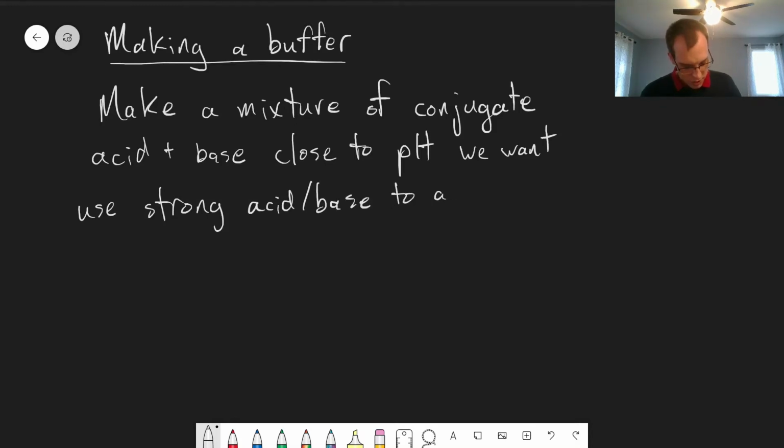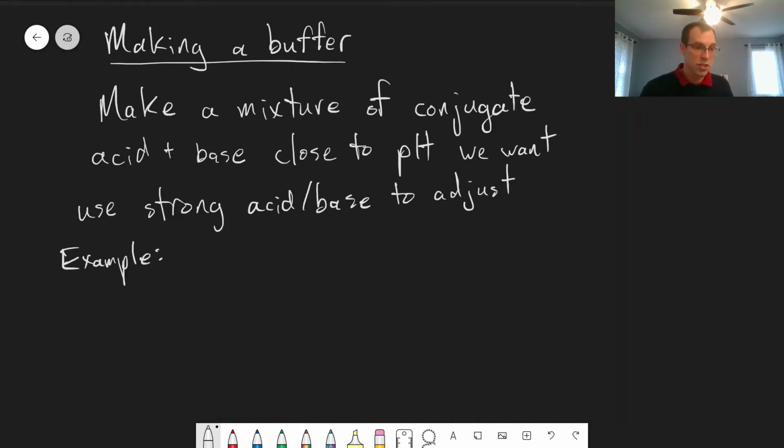So it's much easier to just make a buffer that's kind of close to what we want and then just use strong acid or base to change the pH up or down. So for example, often we'll start with just one or the other, right? Rather than starting with conjugate acid and base, we usually just want to measure out one chemical. So let's just, as an example,